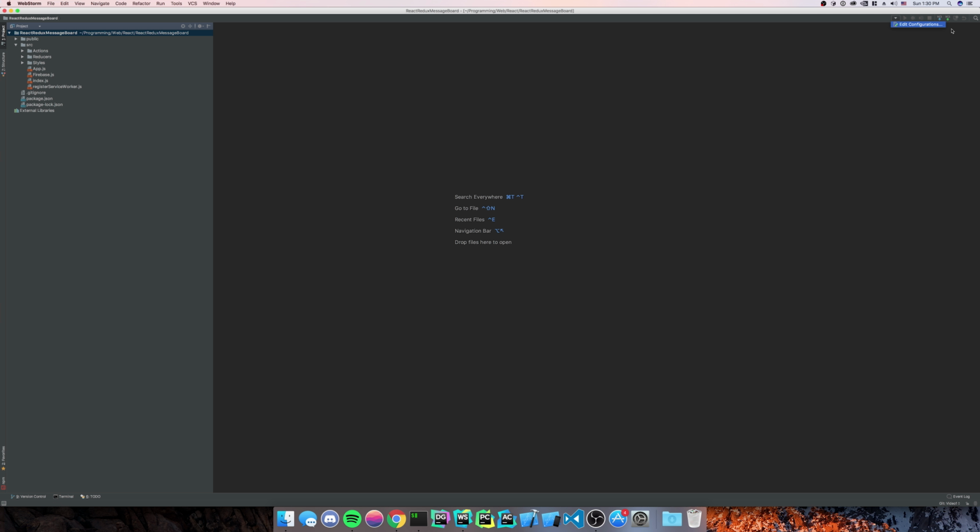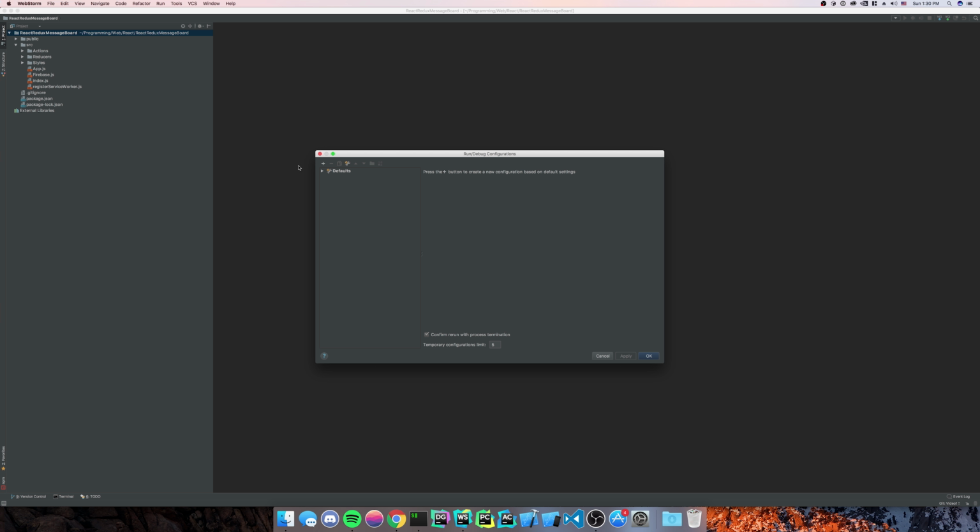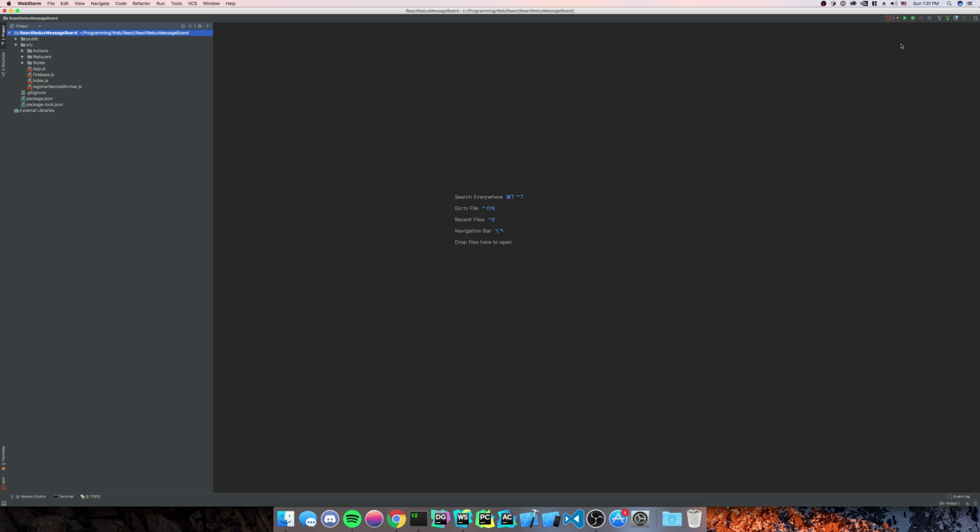I'm going to make a run configuration very quickly. If you are going to use WebStorm, a good thing to do, instead of having to use npm run start, is you can actually set it up here. If you just click the down arrow, hit the plus button, I like to name mine run, and then it'll be hovered over run. You click start, apply, okay. So now whenever you hit run,